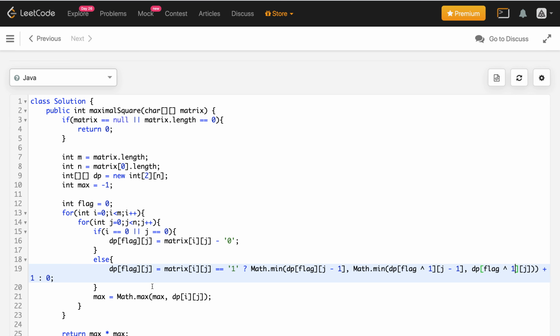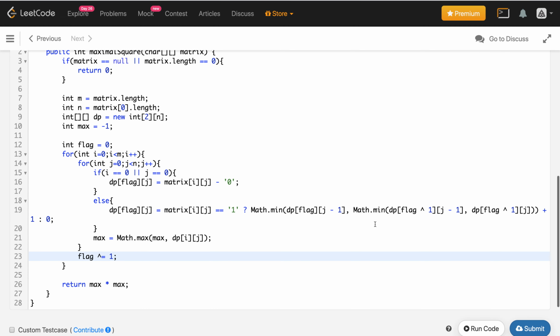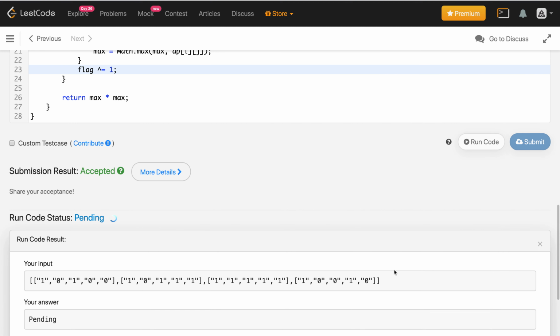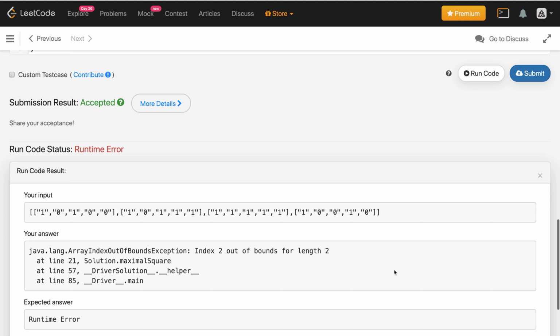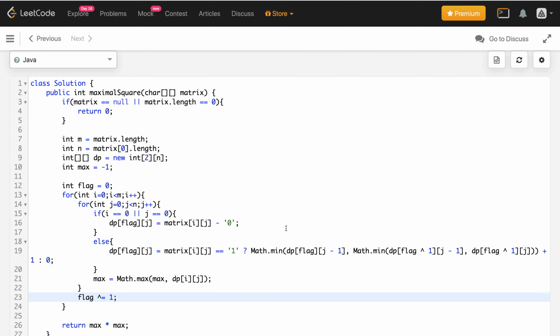After this is done, we have to toggle flag as well, flag XOR equals 1. I guess that's it. Let me run this code once. It's giving a runtime error. Let me see what mistake I made. The number of rows is reduced to 2.